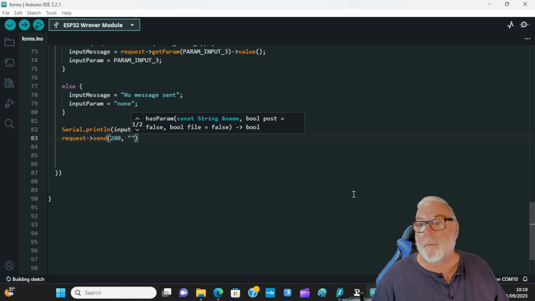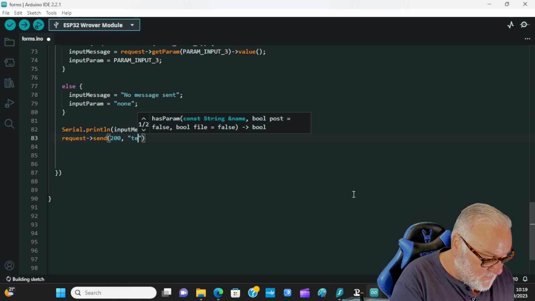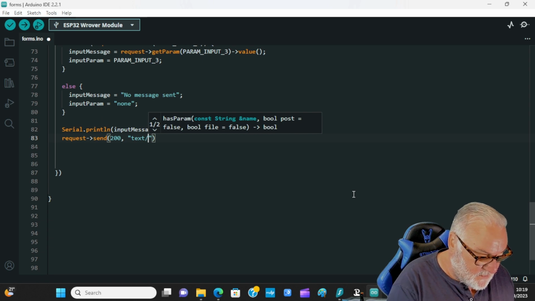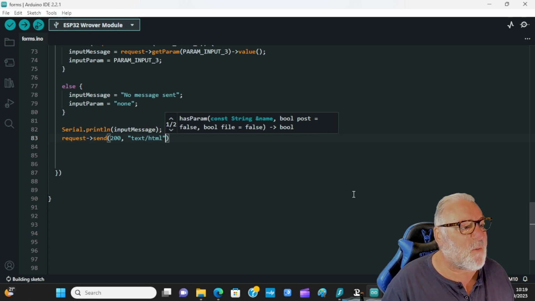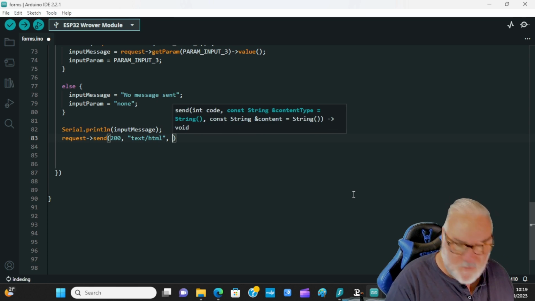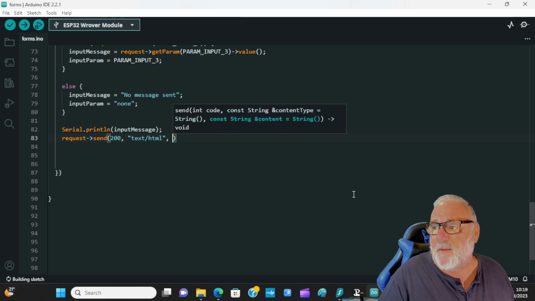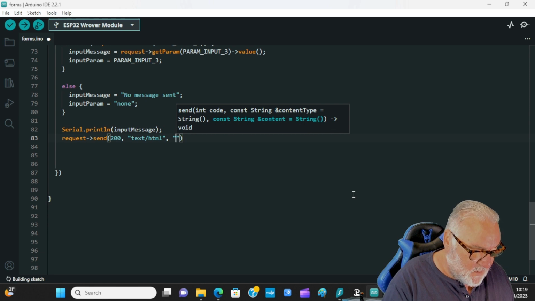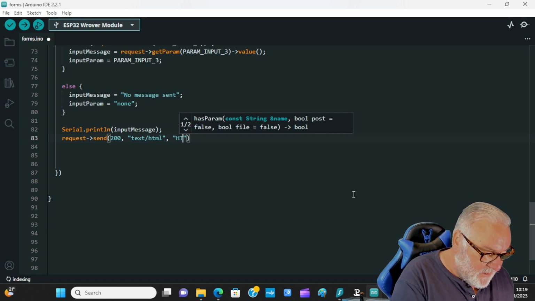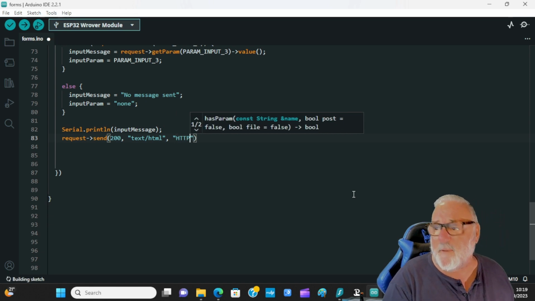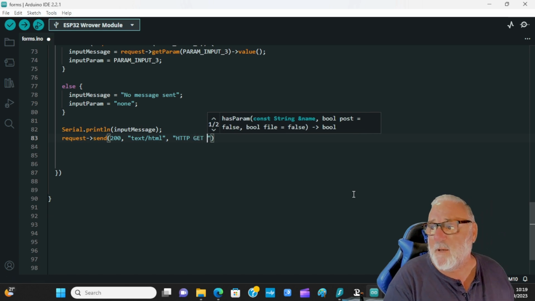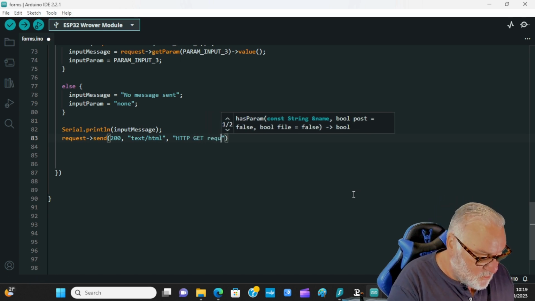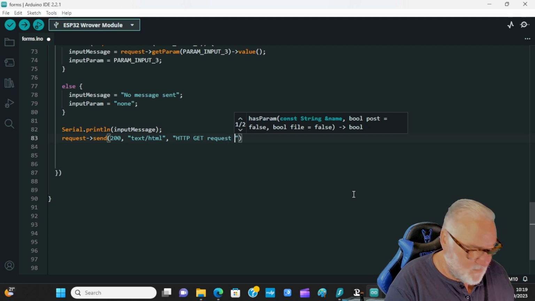Okay, and then it's text/html, come outside the quotes, comma, space, quotes, HTTP, all capitals, space, GET, all capitals, request, all small case, sent